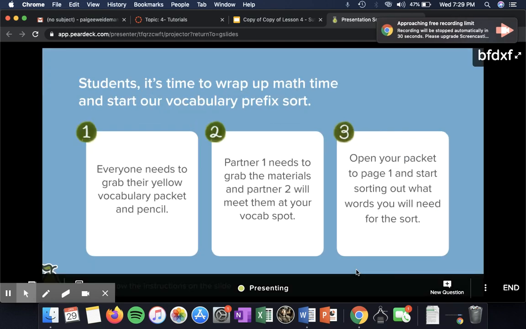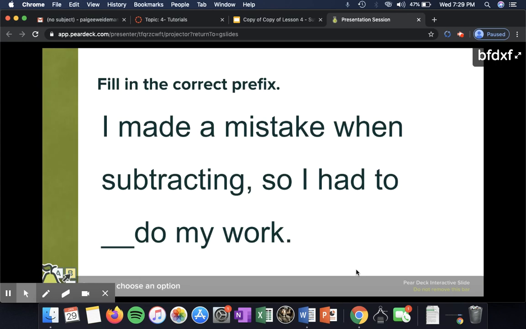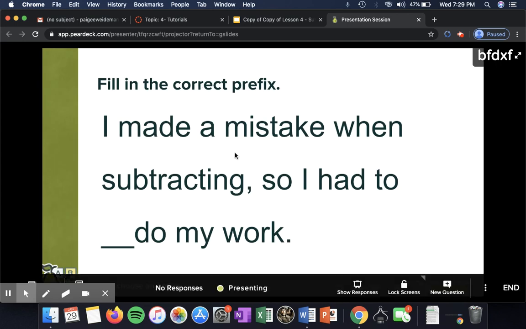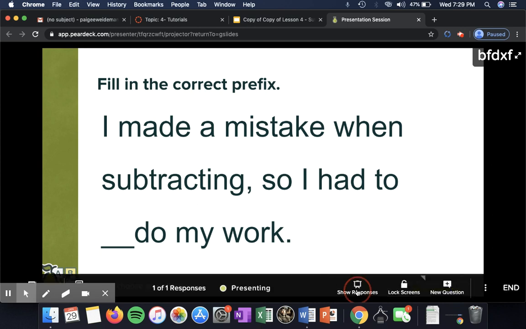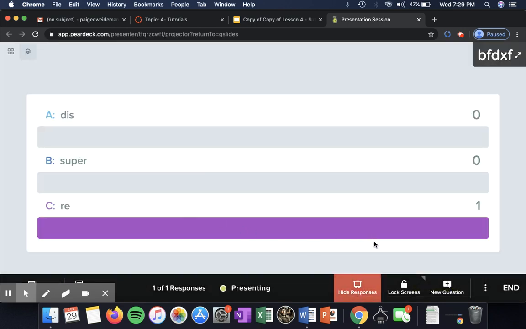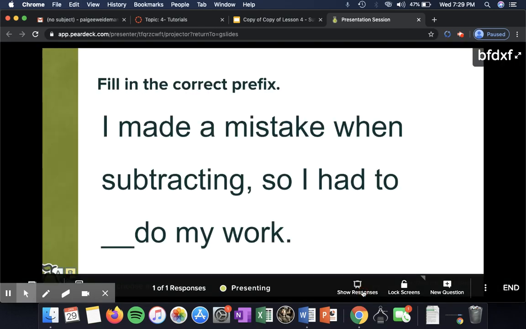Here are the directions that I was talking about. And then as we get farther down, here is, I made a mistake when subtracting, so I had to. Here's a multiple choice, so they could choose from dis, super, or re. So the student's going to submit theirs. I can show responses, and they said I had to redo my work. So then I can go ahead and head back